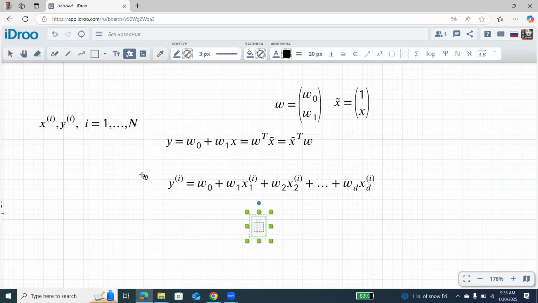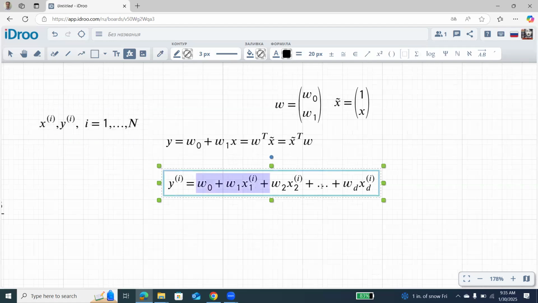And for each vector of features xi, we can represent, well, actually this y should be y hat, but I don't want to use too many notations. In matrix form, it will look like this: w transposed times x tilde,